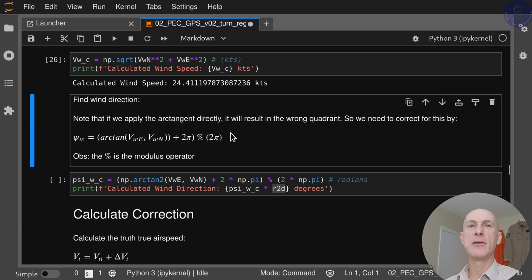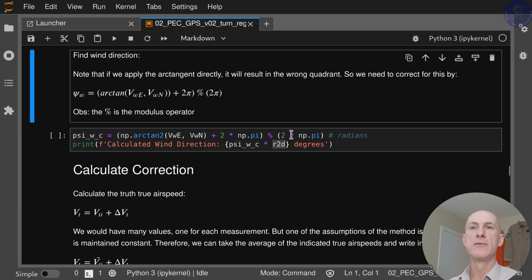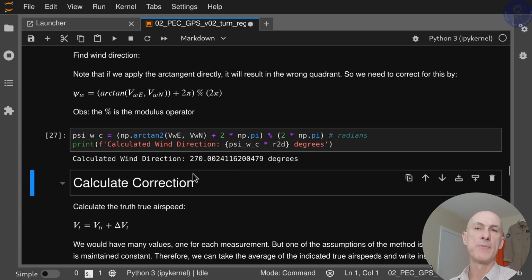And then to calculate the wind direction, we have to correct for the right quadrant that the arctangent delivers to us. So we're going to calculate the arctangent of the east and north components, but we're going to add 2 pi and then do a modulus 2 pi here to get to the correct quadrant. And then to print out, we're going to already transform from radians to degrees and see what we get. We get roughly 270 degrees for our wind,